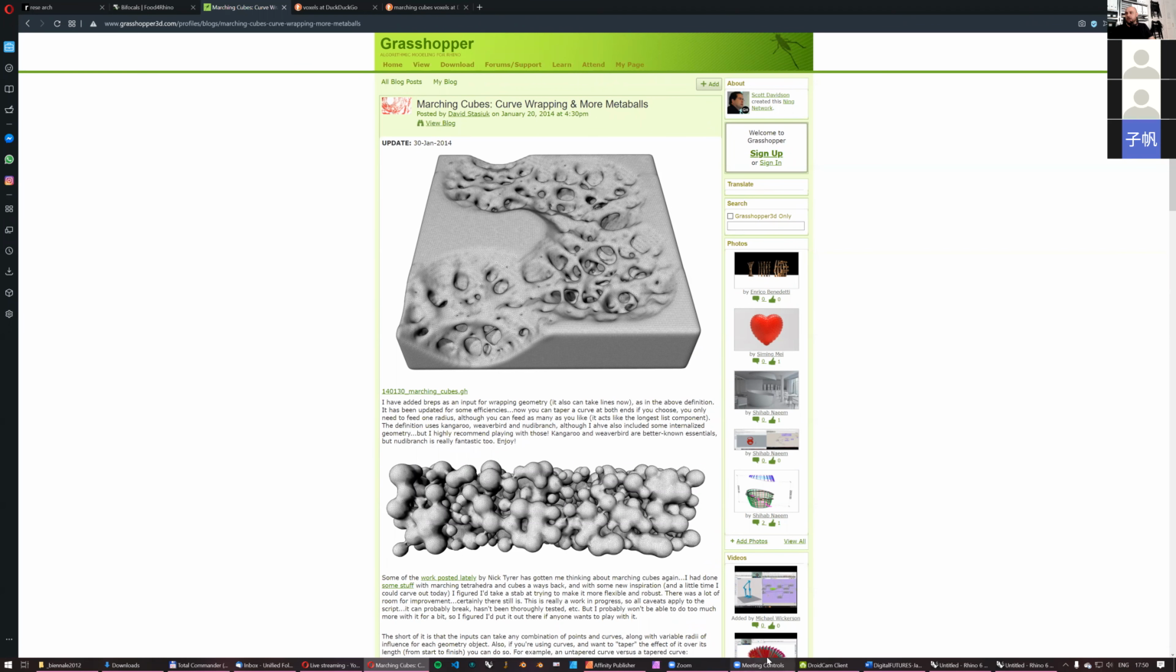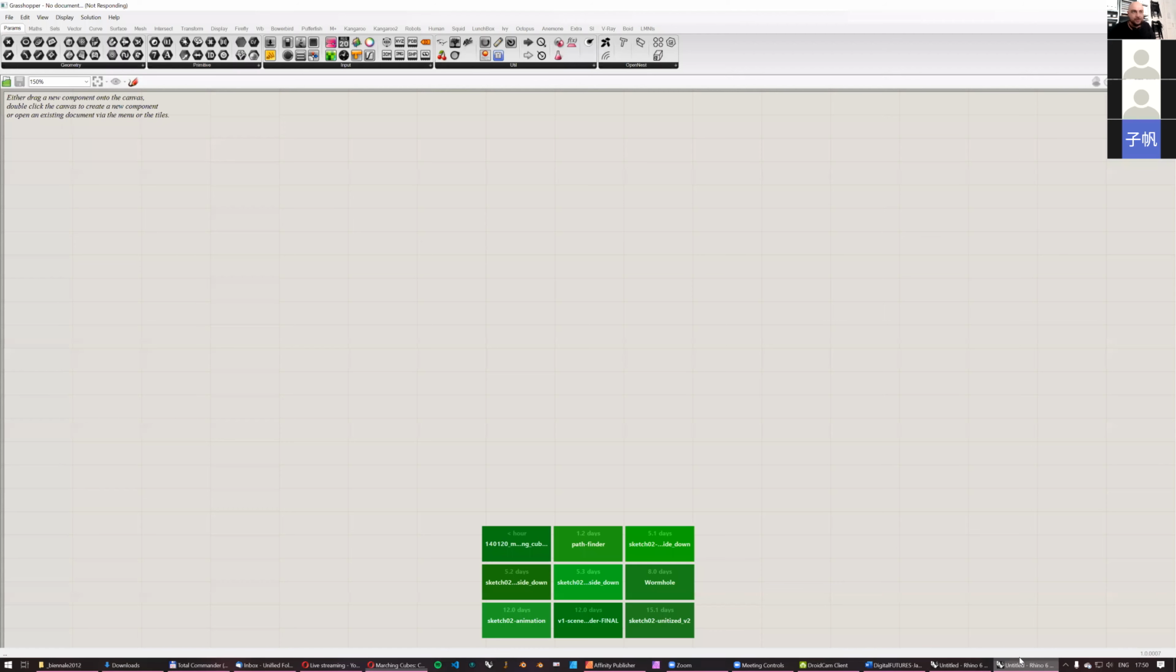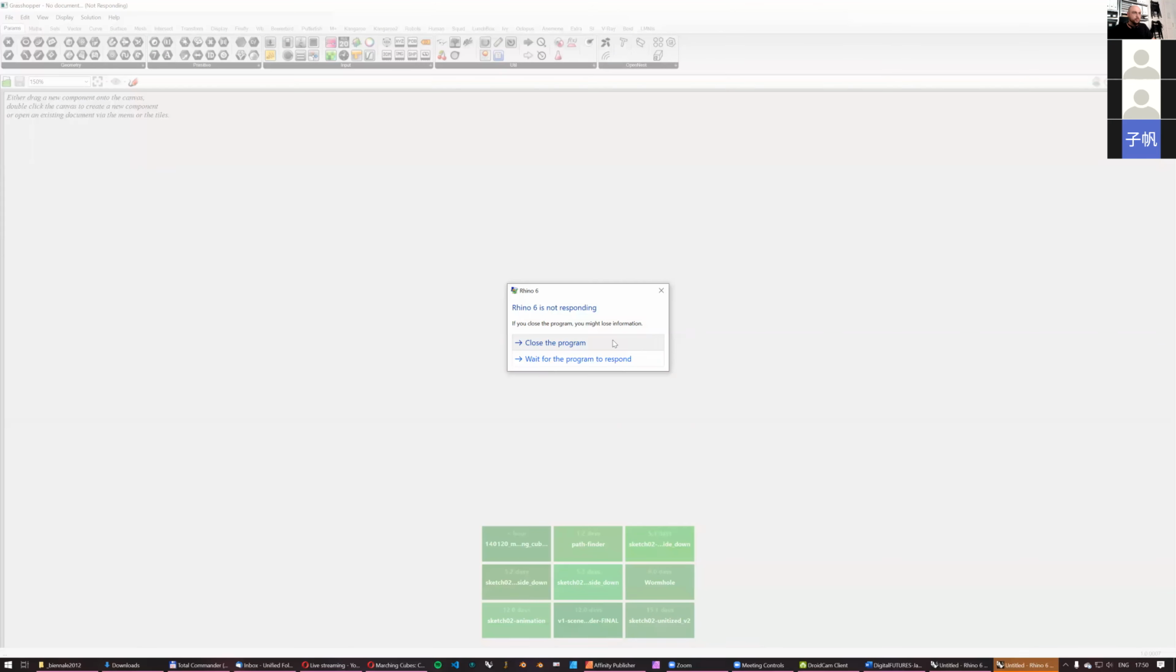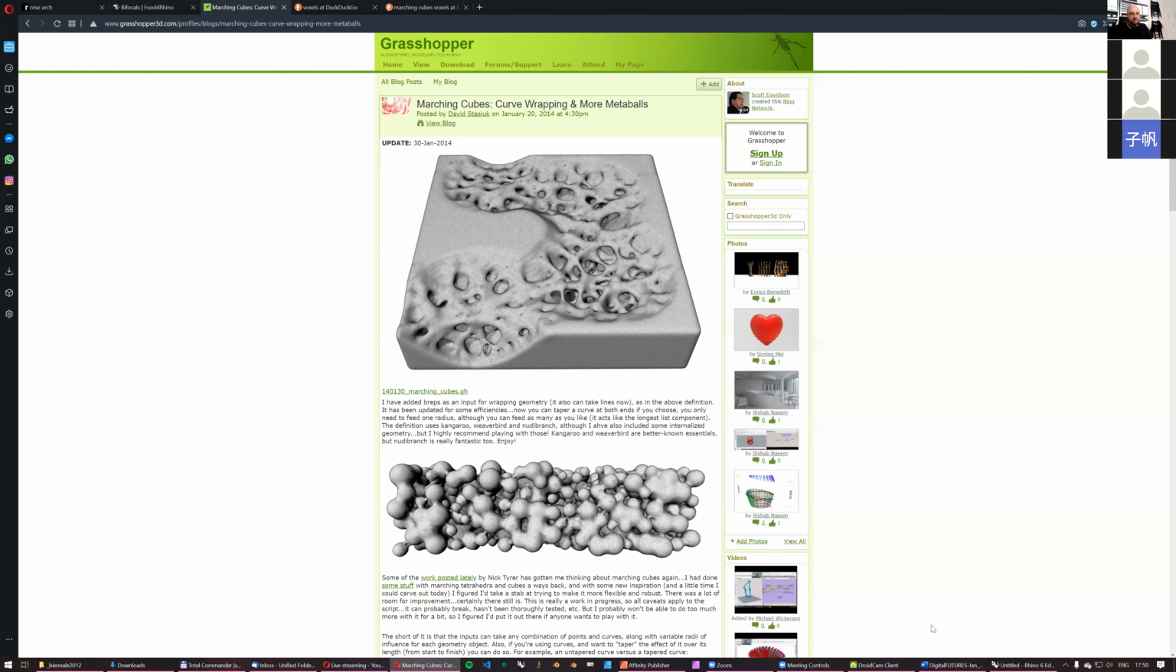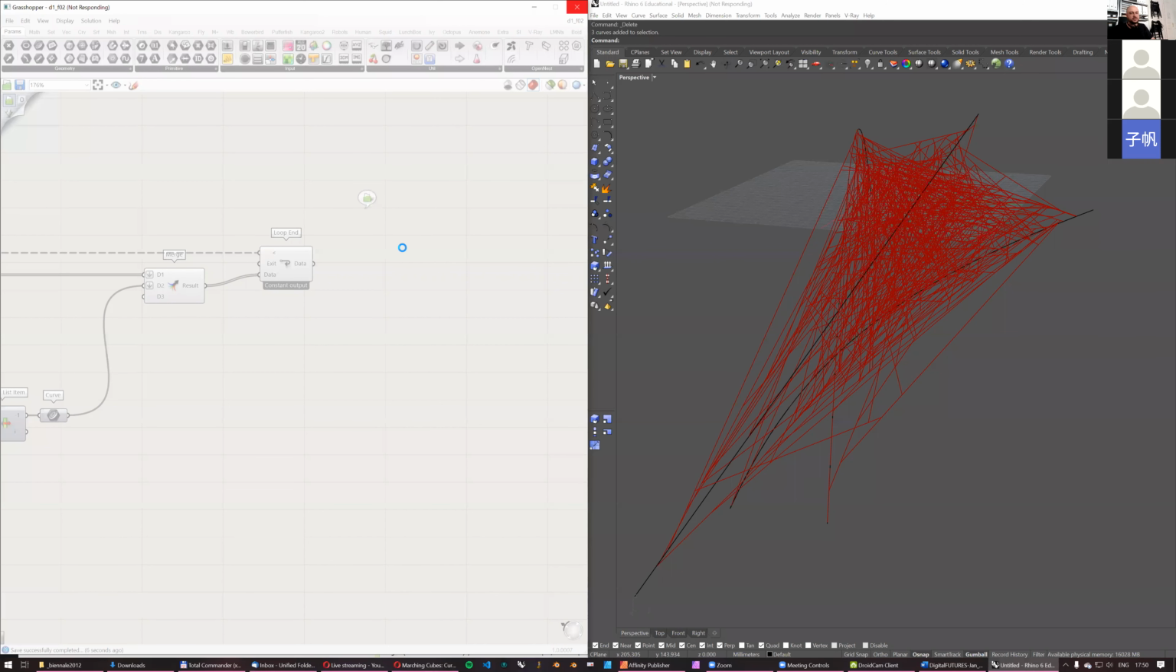Good. All understandable? I somehow need to restore my computer now. It's actually running Rhino twice because I randomly opened the marching cubes twice, and both of them are now stuck. So anyway, my suggestion was that for those of you who are